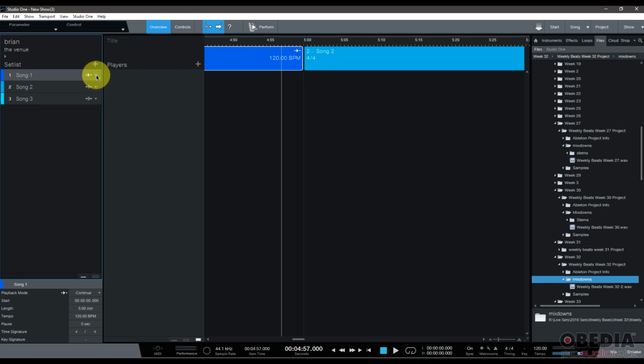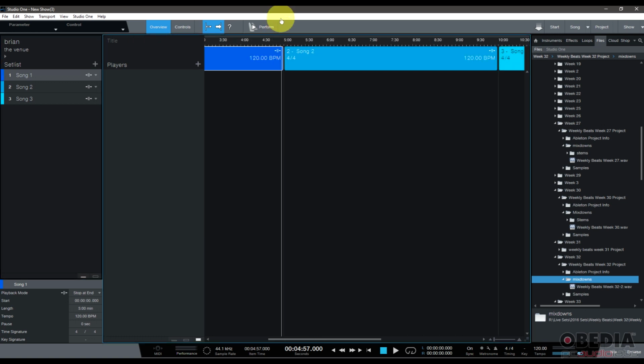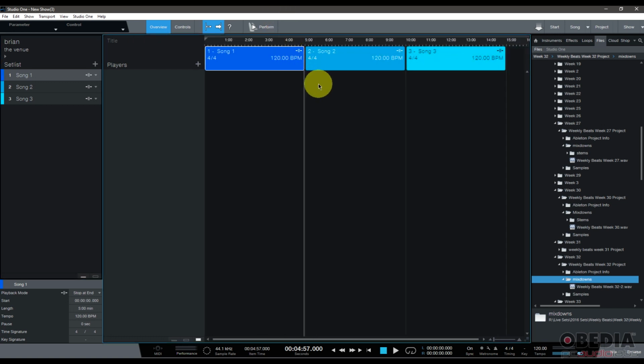Or I could set the loop option, which of course would loop Song 1 if I wanted. By default, stop at end is probably the most useful one, because most of the time, in my experience performing live with a laptop on stage, I generally want my song to stop, and then I talk to the crowd and stuff like that,